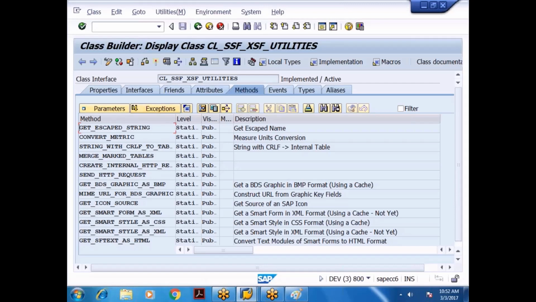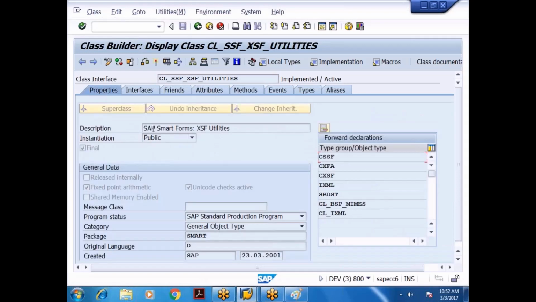Done. So we have a class CL_SSF_XSF_UTILITIES. If you go to properties here, what are they saying? SAP Smart Form XSF extensible Smart Form utilities. Okay, done. So in this class, what is this class?